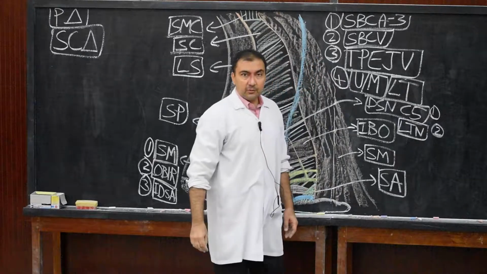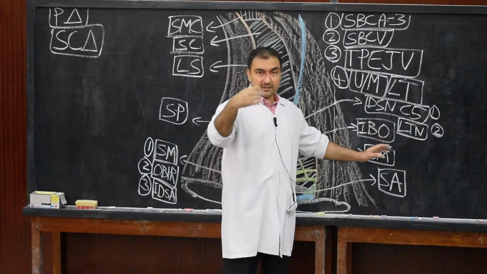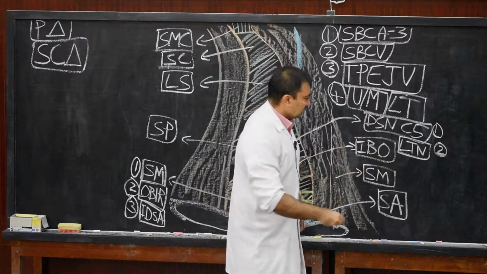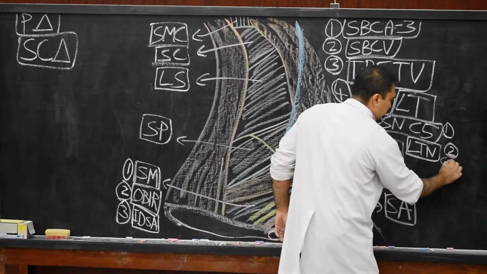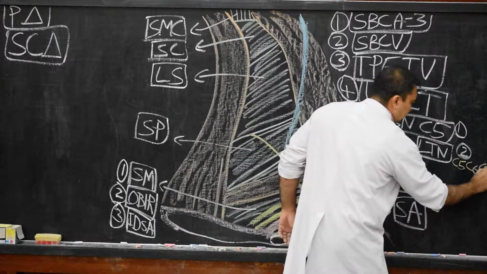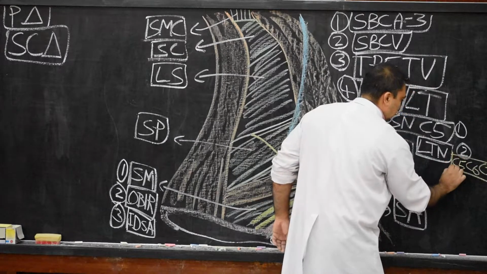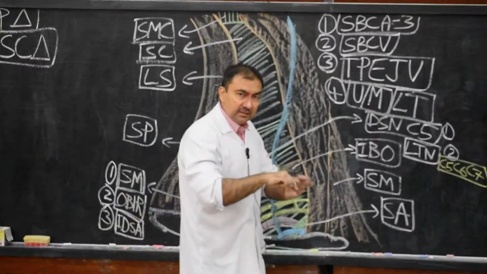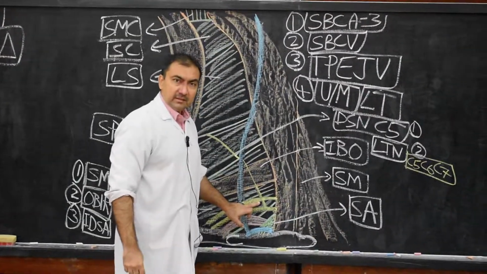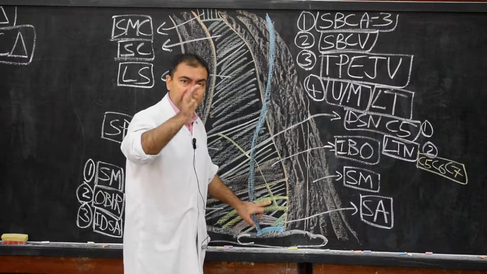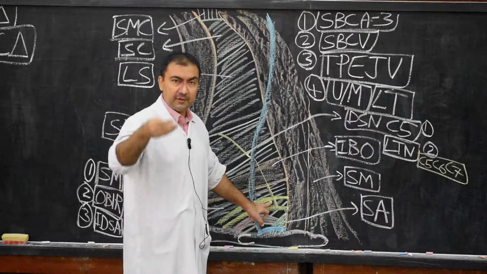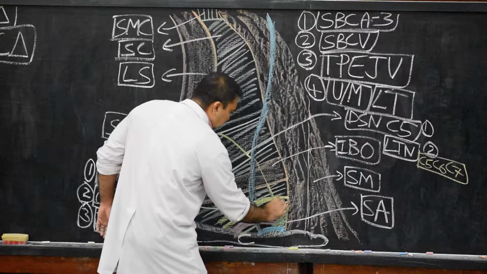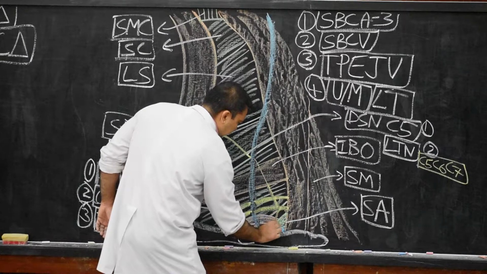This long thoracic nerve will have a root value of C5, C6, C7. Now this long thoracic nerve is basically the nerve to serratus anterior. In the dissection it will be very deep, lying behind the brachial plexus and behind the subclavian vessels, and it will pass vertically downwards, C5, C6, C7. If we show it with a line here, it goes behind.